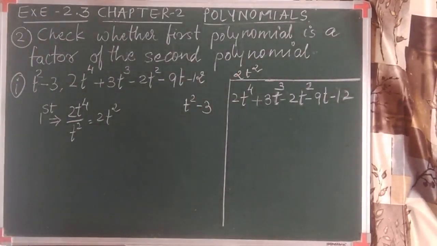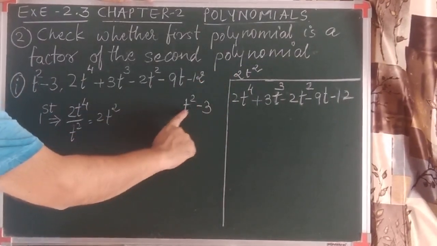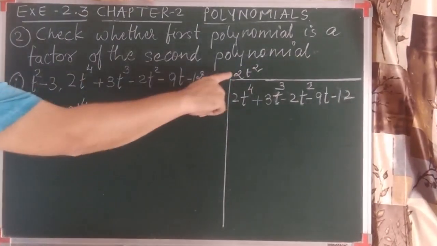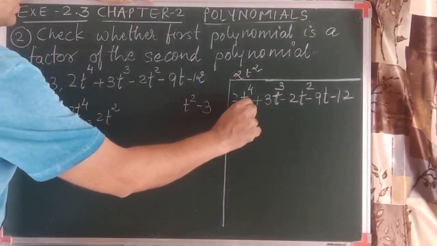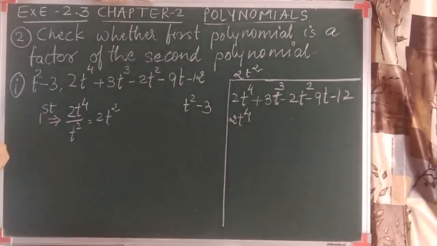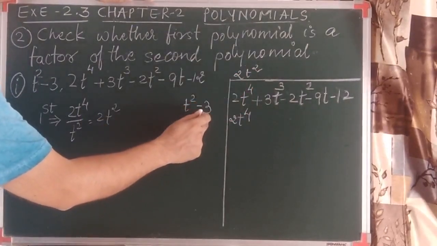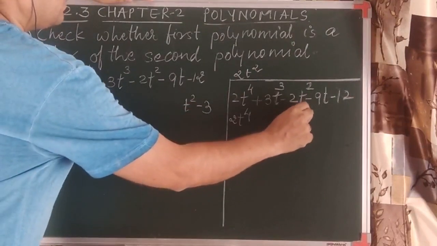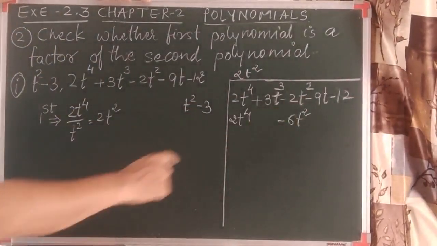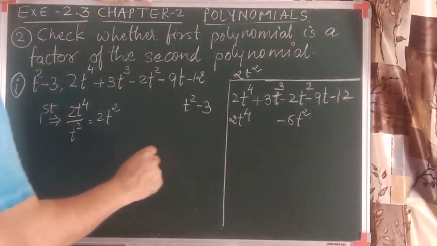Now the second step. This first quotient should be multiplied with both the terms of the divisor. 2t square into t square. So we know that the first term obtained is the same as the dividend's. Now 2t square is multiplied with 3. 3 2s are 6, plus minus minus. But you can see that it should be t square, so that term should be written below the like term. This is the second and important step.